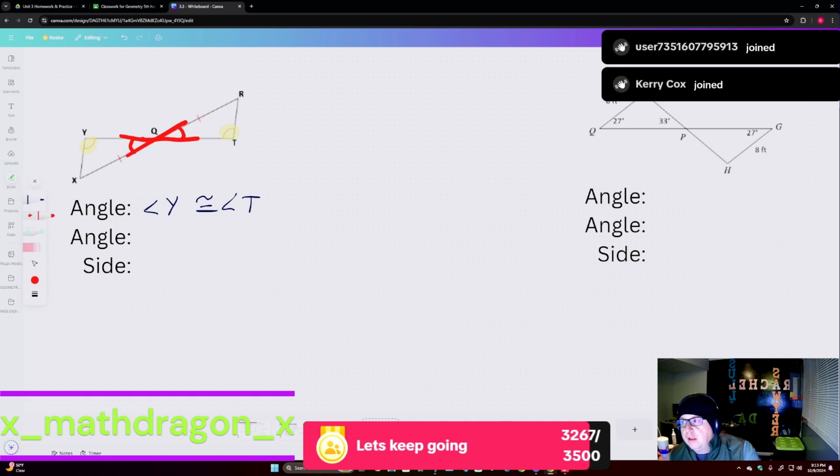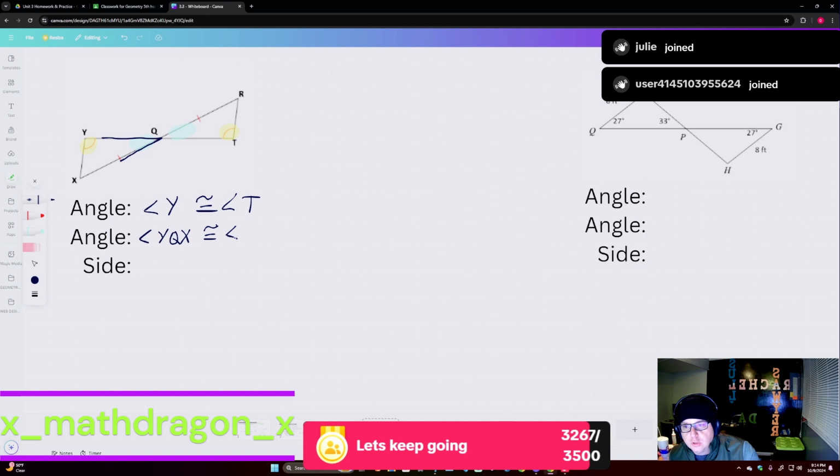They are angles formed by two intersecting lines, and they're across from each other. So I don't want to say angle Q is congruent to angle Q, but we'll start with Y, go to Q, and then go to X, so that we create that angle. So angle YQX